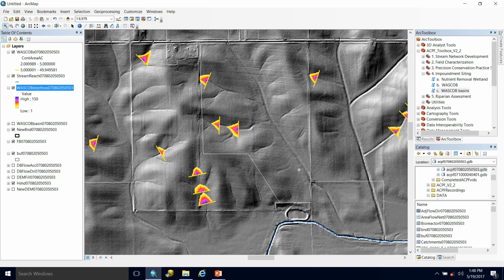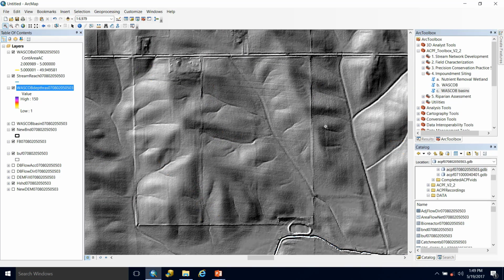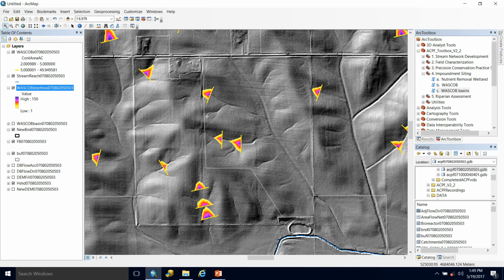So that's the WASCOB Basin tool. Have fun with it, choose different WASCOBs. I'm also going to mention here, if you have a watershed planner with you or have some knowledge yourself on the engineering of WASCOBs, you can feel free to select these WASCOBs and change the angle that they've been placed at if something makes more sense to you, or just the width of them, and then rerun this Basins tool, and the output will vary slightly based on how that WASCOB was burned into your filled DEM.